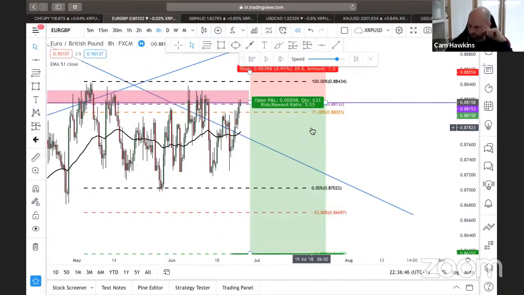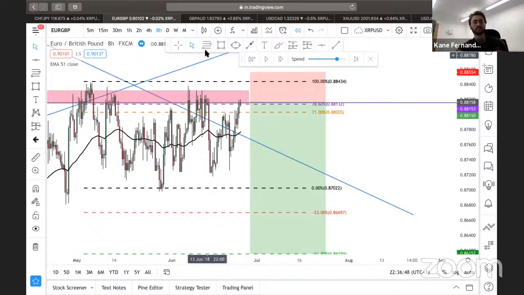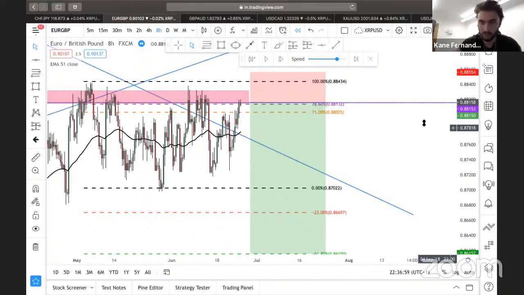Just explaining why I would take that trade: you can see the momentum slowing down. If that's 4 hours and it's done that much movement, that's showing you momentum slowing down, right? So wait and see how it plays out.